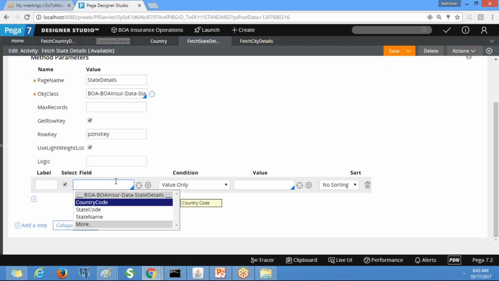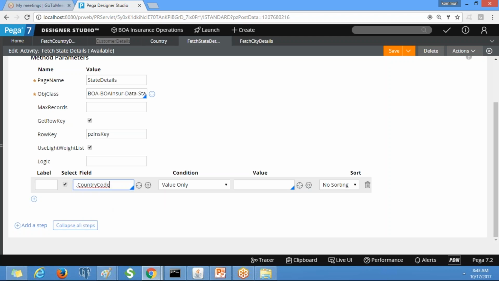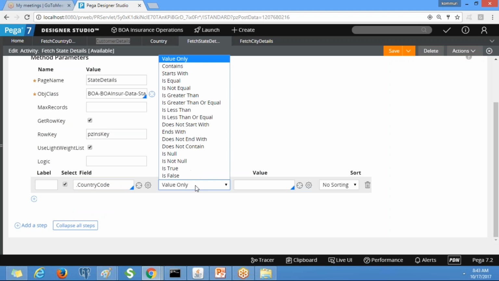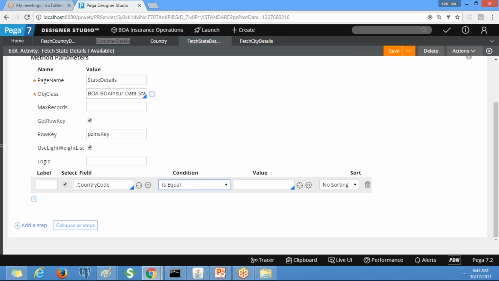So country code is equal to param dot country code. Whatever parameter you defined under the parameters tab can be accessed by using the param page. This is the param page. You can access it like this, param dot country code. It will be available in the drop down.